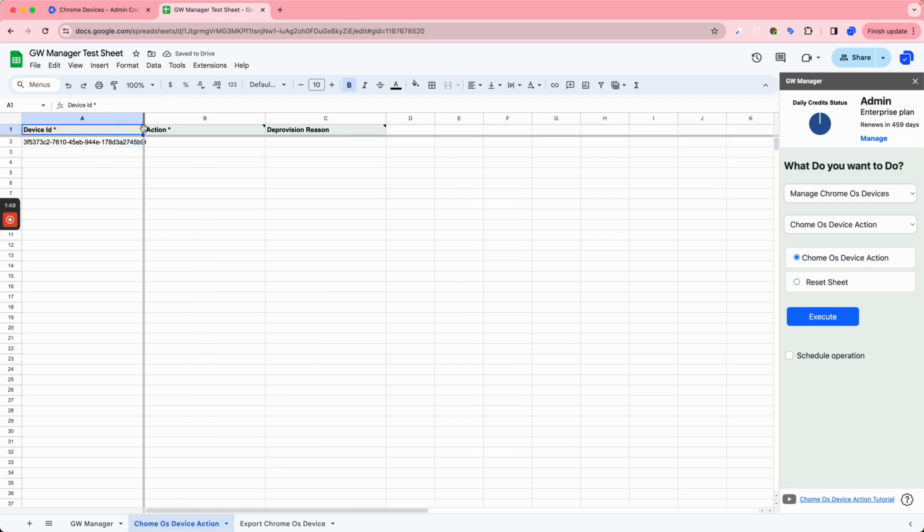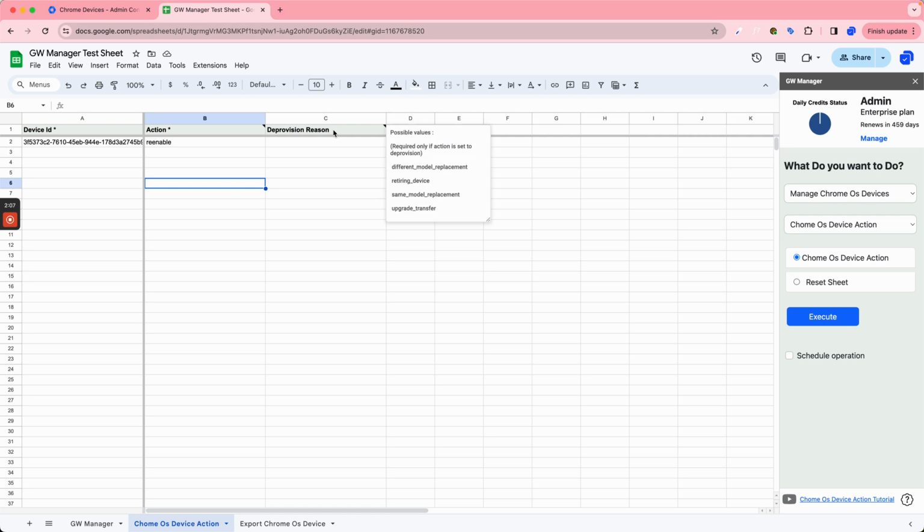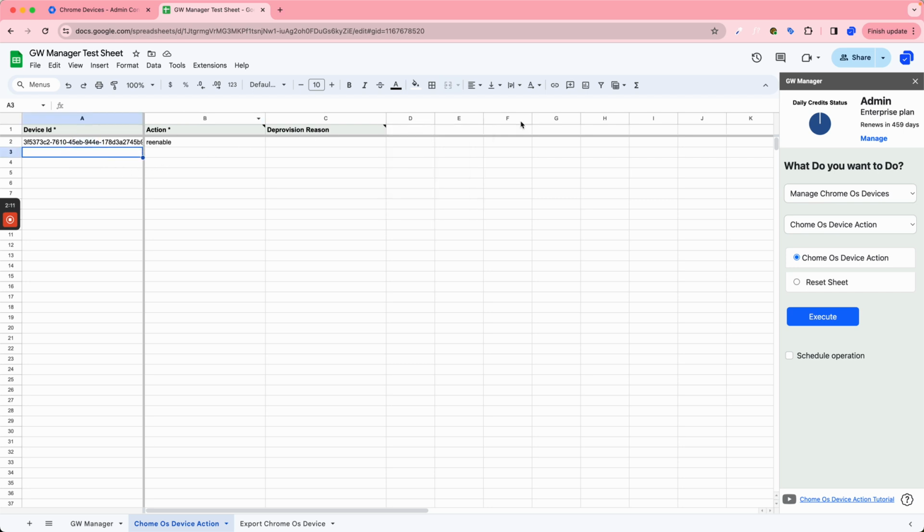Now your action should be re-enable, because we are re-enabling the device. If you hover on the column, you can see the possible values. So let's paste re-enable. Deprovision reason is only required when you are deprovisioning the device, which we are not, so we can skip that. Now once we have the details here, we can simply come here and click on execute,